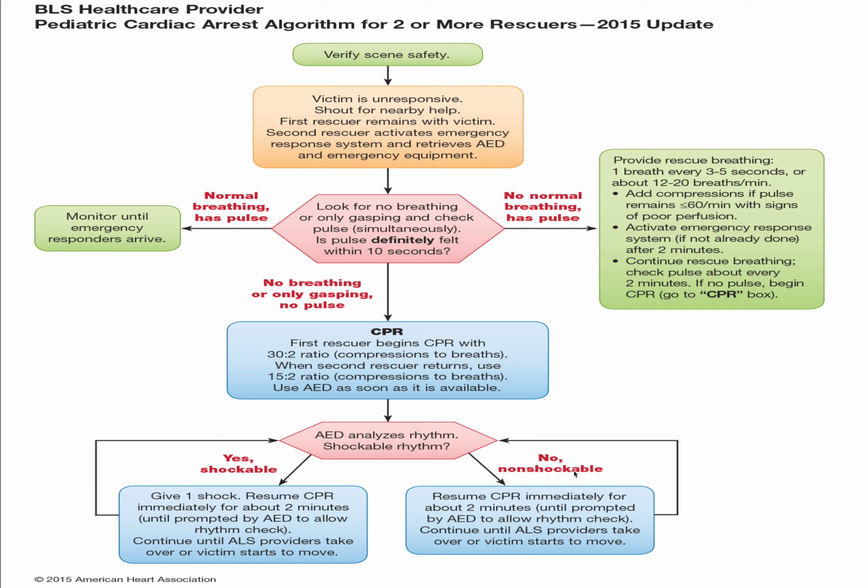And that would be any rhythm that is not ventricular tachycardia or ventricular fibrillation. It would be any other rhythm where you can see some type of electrical stimulation occurring, but it's not generating a pulse. The last rhythm is called asystole. We'll continue to do 2 minutes of CPR, exchanging our providers